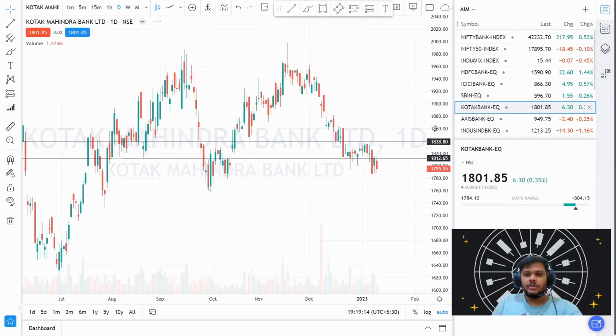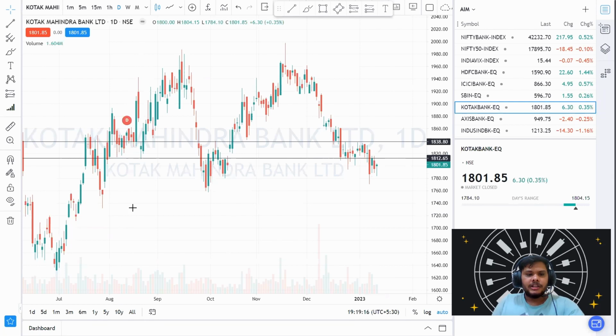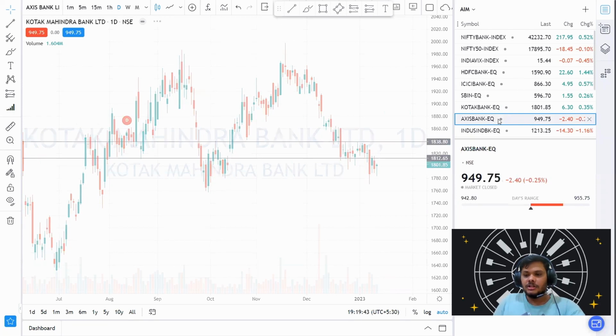Now let's look into Kotak Bank. In Kotak Bank, it made a shooting star candle here, no, not a shooting star, it made a hammer candle here, and it acts as a positive candle because it continuously tries to take support from that 1790 level. So if tomorrow it trades above 1810, then you can expect some buying pressure here, and the target will be 1820 to 1825. And if it trades below the 1800 level, then you can also take a trade for selling, and you can set your target to 1790 to 1785.